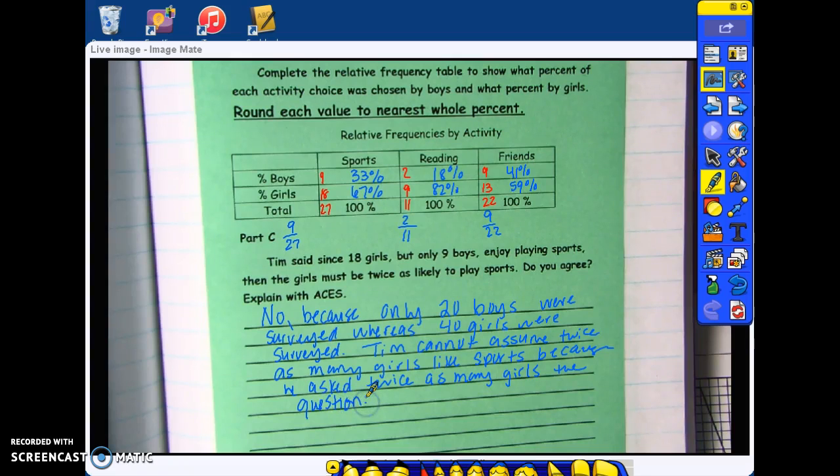Had he asked the same number of boys and girls, and he had received the same data, he could have said that. But since he asked twice as many girls, he cannot assume that twice as many are offered by the sports. And that concludes our